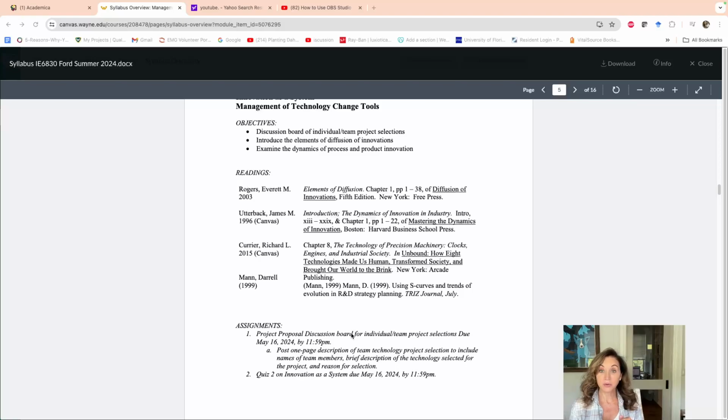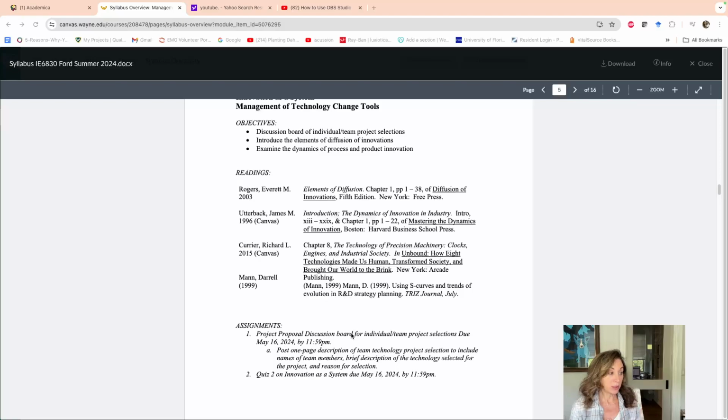The reason we're doing this is that in the past, we didn't have the first synchronous session until sometime in June. And by then, the teams had done a reasonable amount of work, and at least one of the projects was not what we're looking for.